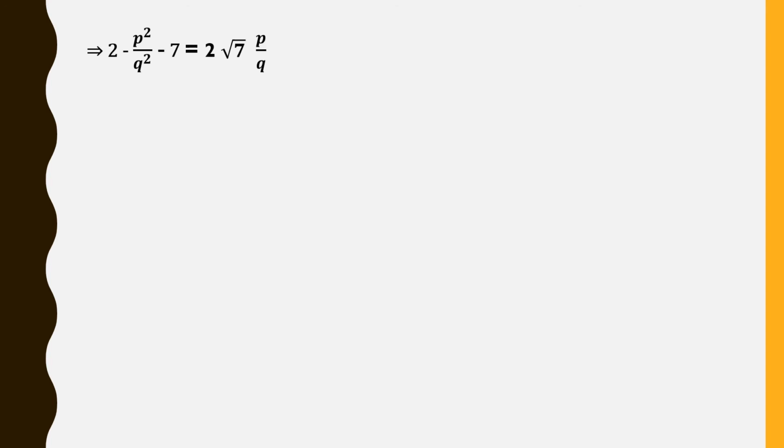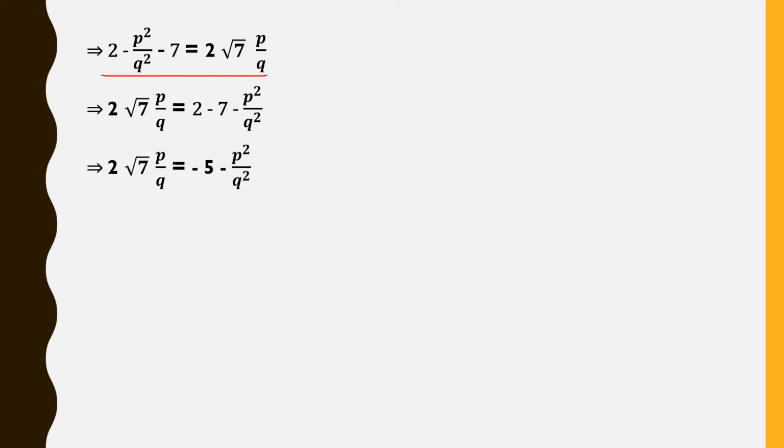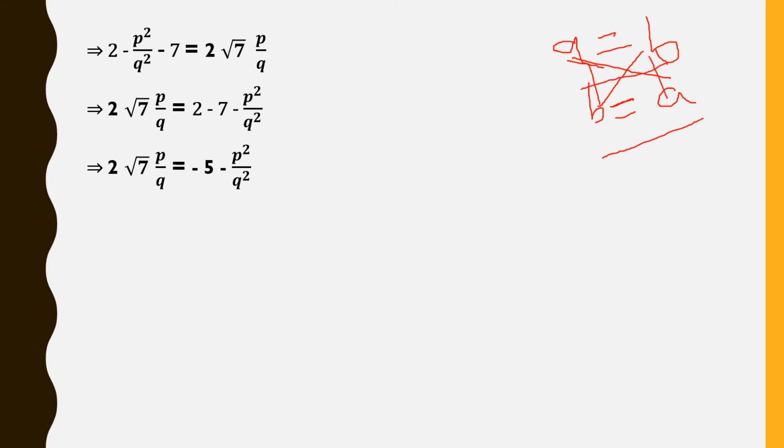So the next step is like this. The same step I wrote here because I changed the slide. Now what you should do is, this one I'll write here, this one I'll write here. When you are writing like this, suppose I am writing a equal to b, I can also write b equal to a, right? There will be no change of symbol here. I'm just interchanging the places. In place of a I am writing b, in place of b I am writing a. When you are interchanging the places, there is no changing of symbol.